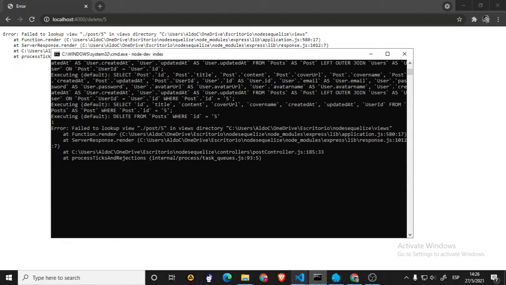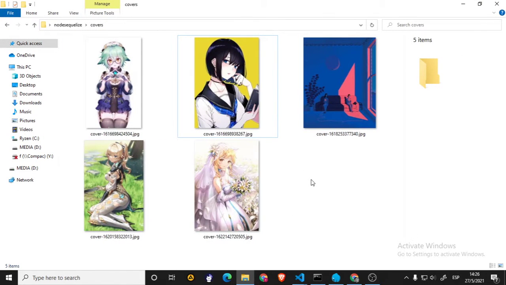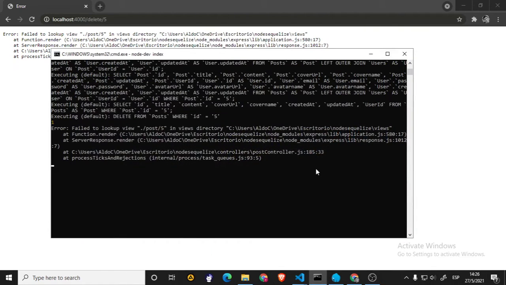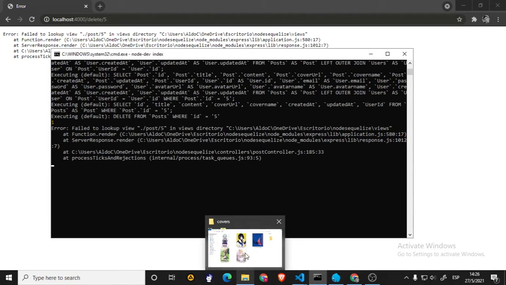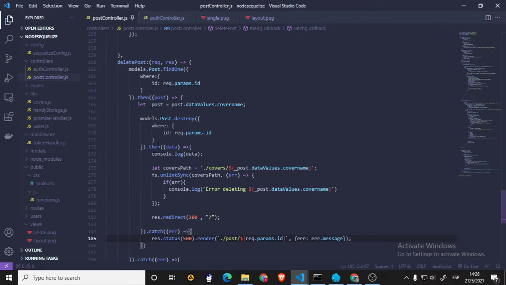Okay, it's saying post 5 on. I assume this didn't delete. Okay. I assume is the post log data. Okay, this data,